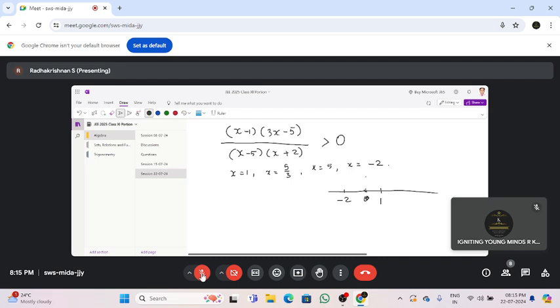Minus 2, 1, 5 by 3, 5. You put the 4 numbers like this. Okay. Now you are getting 5 ranges, right? 1, 2, 3, 4, 5 ranges. Okay. Now the thing is,